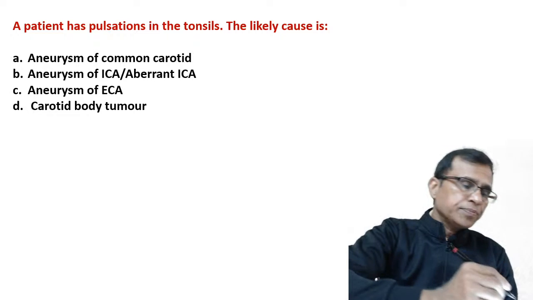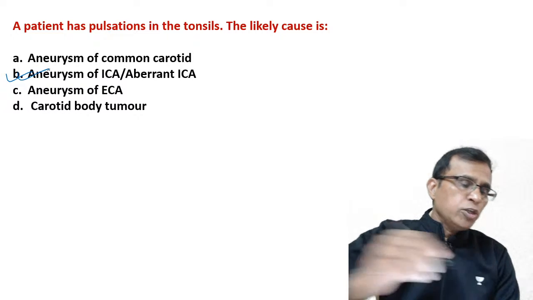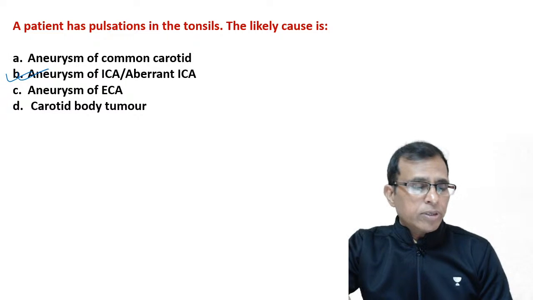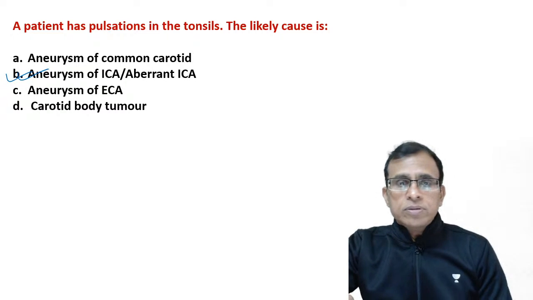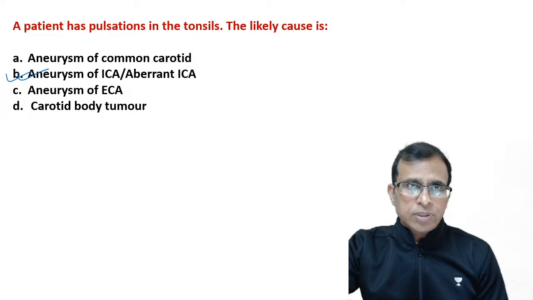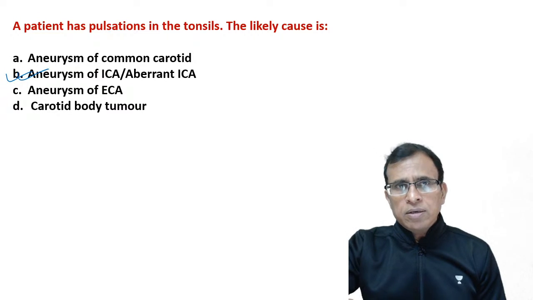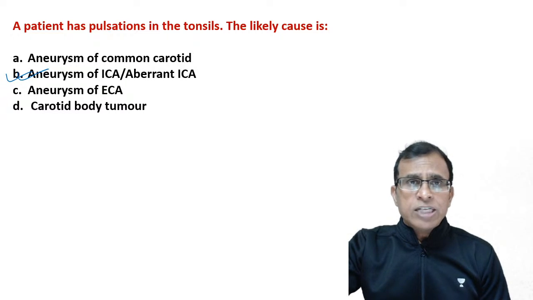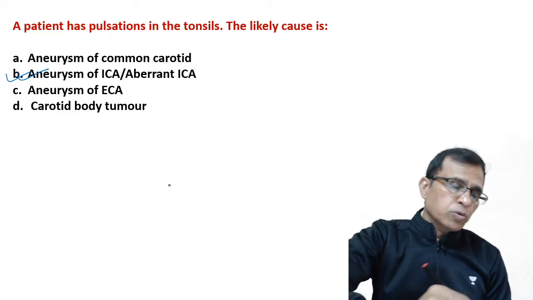And the correct answer is B. Either aneurysm of the internal carotid or aberrant internal carotid artery. Now, pulsation in the tonsil can come from a structure which is very close to the tonsil. If you have an artery or an aneurysm far away from the tonsil, then it will never transmit the pulsation. So when we know